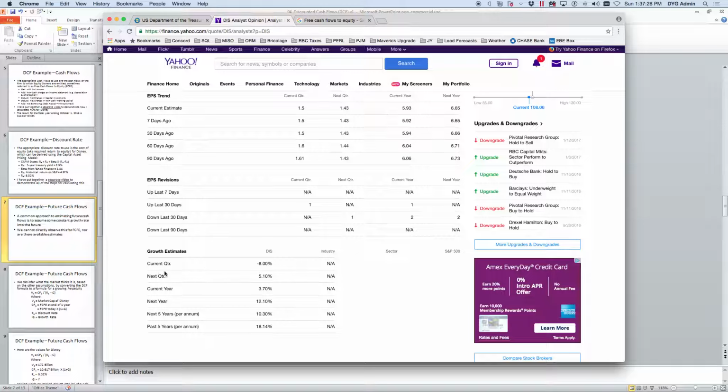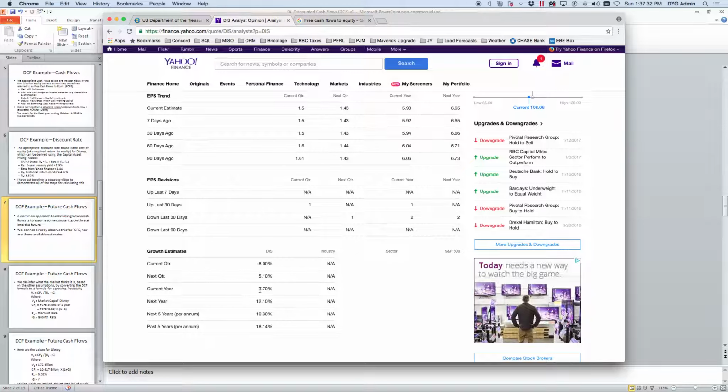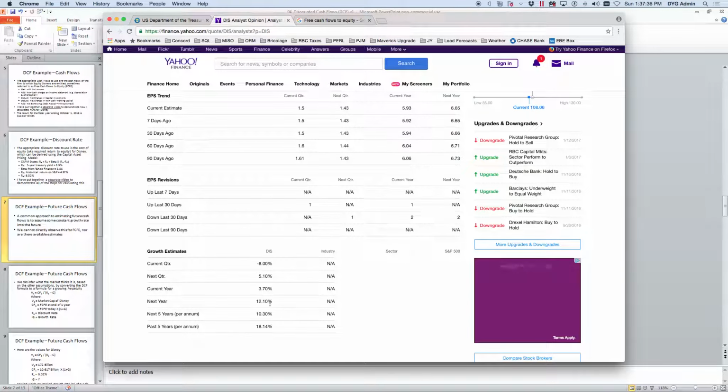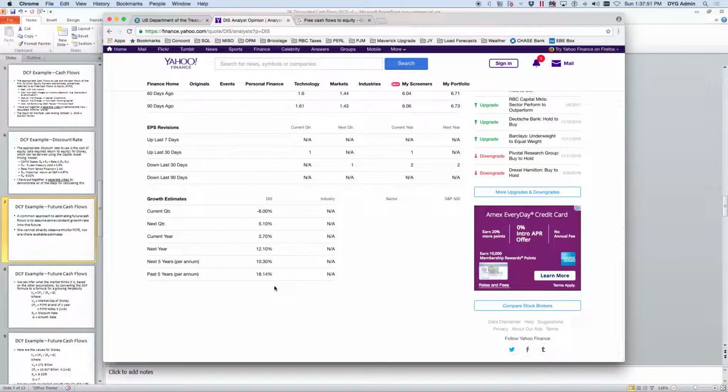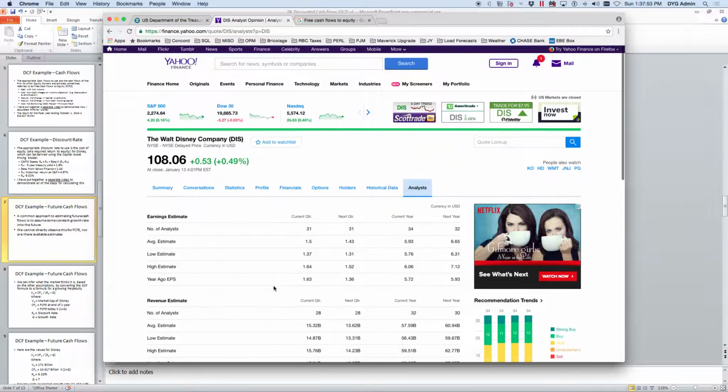Here's some growth estimates. Current year, they were 3.7. They're projecting 12.10 for the next year. 10% for the next 5 years. That sort of thing. Now that's per year. So you do have some of those estimates out there. However, I think when you plug all of that in, you're going to find that maybe doesn't make sense. So